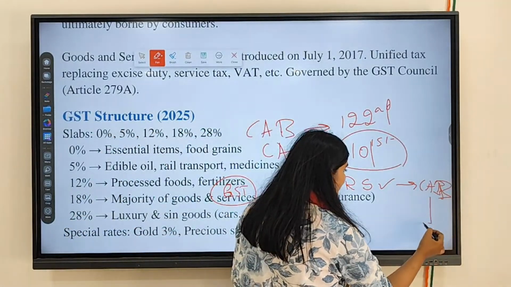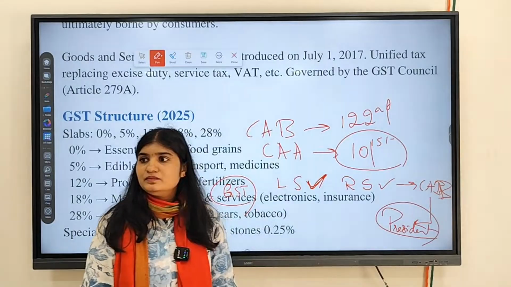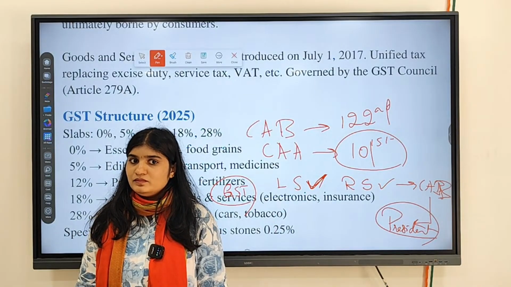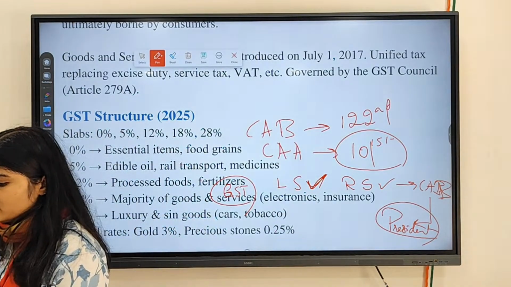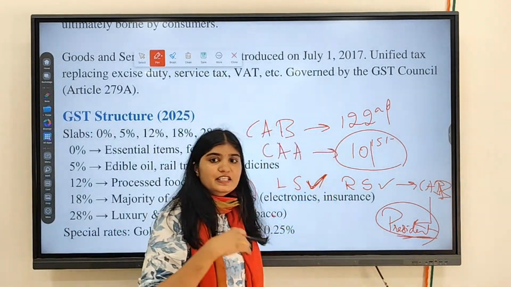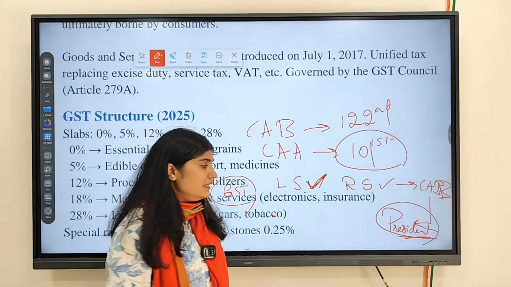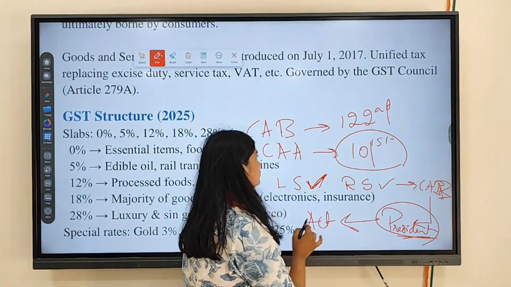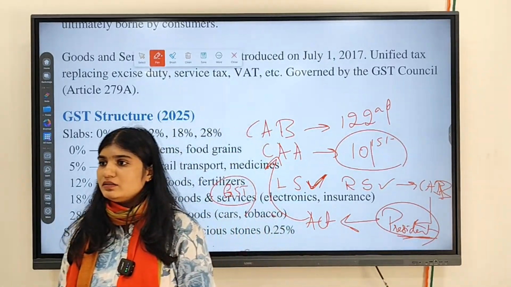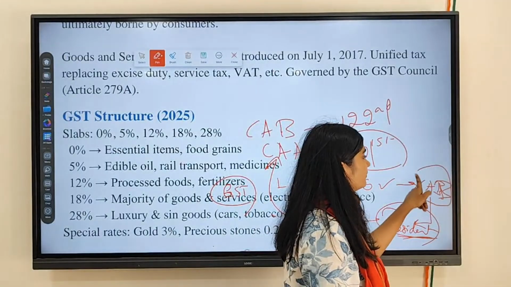Once this bill is sent to the President, what rights will the President have? Veto powers. Which are the veto powers? Absolute veto, suspensive veto, and pocket veto. Either the President can give assent to the bill, meaning the signature, he or she can accept that bill. That becomes the act. This is the Constitutional Amendment Act. If she withholds it, then it will still be called a bill itself.